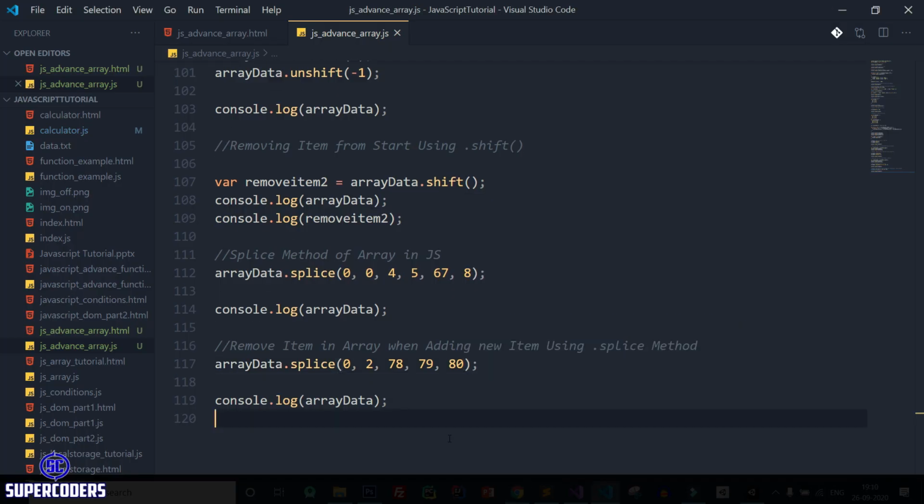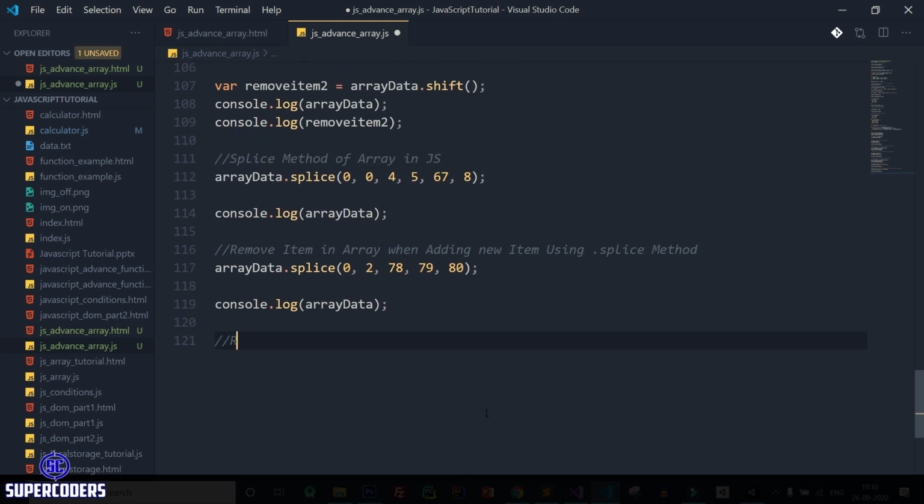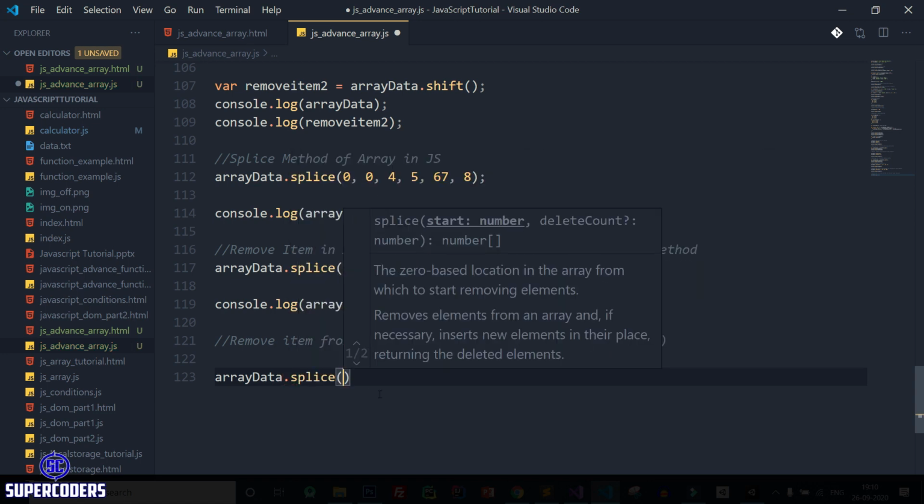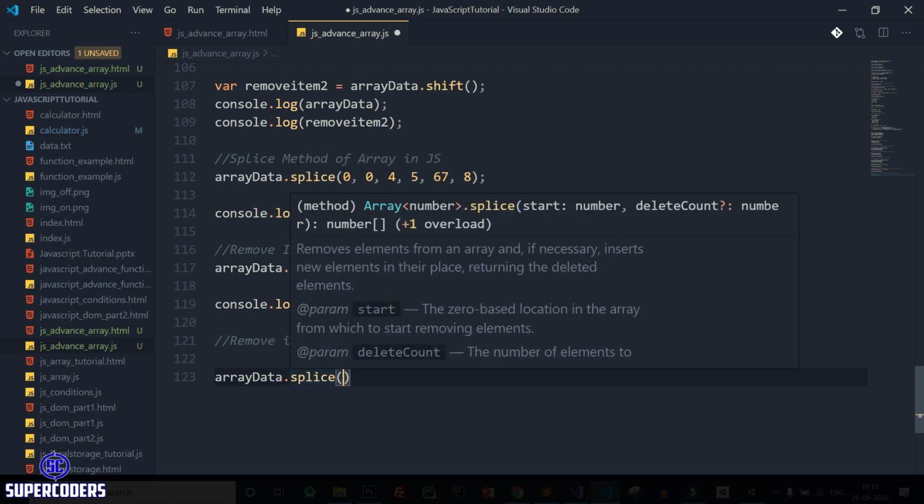Now if you want to add items at the last position and remove an item from the last position using the dot splice method, let's see how to remove an item from last and add items to last using dot splice. So array data dot splice, and here instead of passing the position as a positive number, you need to pass the position as a negative number.